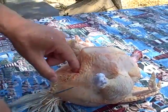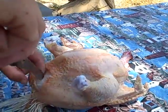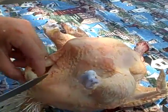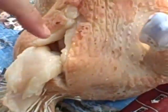I'm going to cut very carefully through his layers of fat, right to the inside of the hip bone, but not to his poop hole. So I cut down about like that, and then I set the knife down. I'm going to take my two fingers and